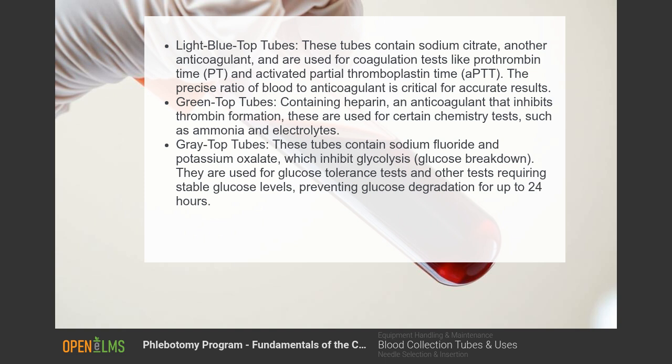The precise ratio of blood to anticoagulant is critical for accurate results. Green top tubes contain heparin, an anticoagulant that inhibits thrombin formation. These are used for certain chemistry tests, such as ammonia and electrolytes. Grey top tubes contain sodium fluoride and potassium oxalate, which inhibit